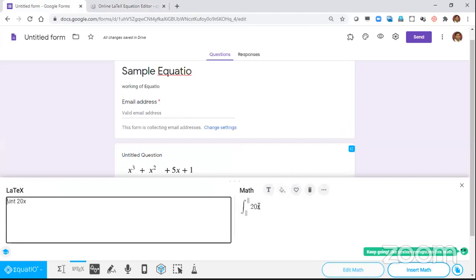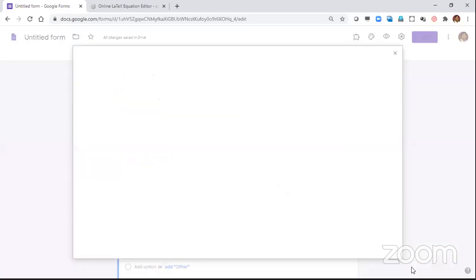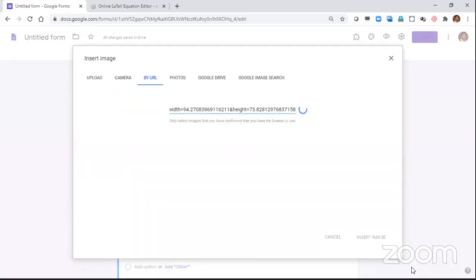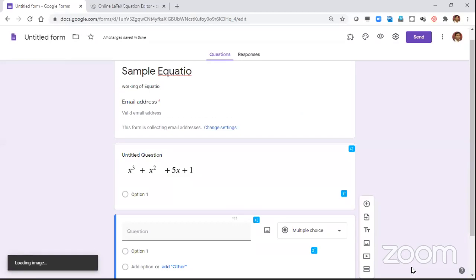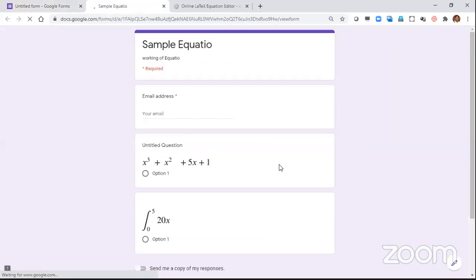Okay. So now please see this limits. Now he's asking you automatically. I mean, you have not put any limits. Now if you want to put limits, you can put. So now you can type in here only. So let us say you want to integrate from 0 to let us say 5. That's all. So now see, you can simply insert it. Now insert it. Same, please see this. See, by URL, it is doing it automatically, and then it is inserting. So this is one more way by which you can do it. Now see this. Preview it. You want to just preview it? You can just preview it. So now this is the first question. You can put the options.